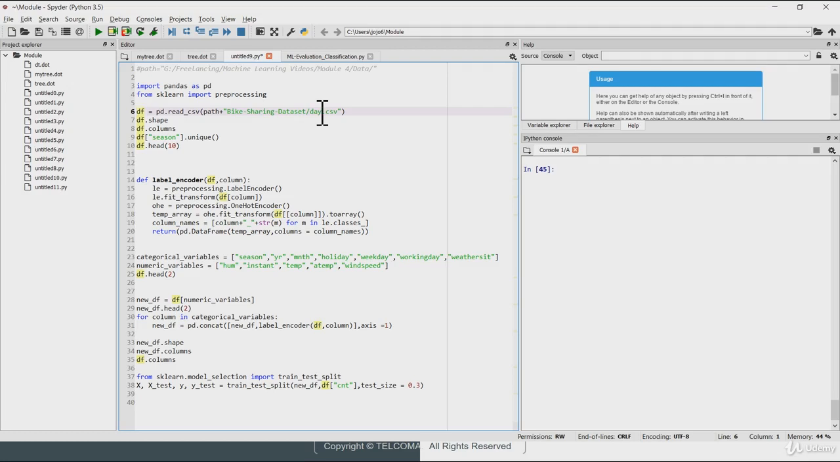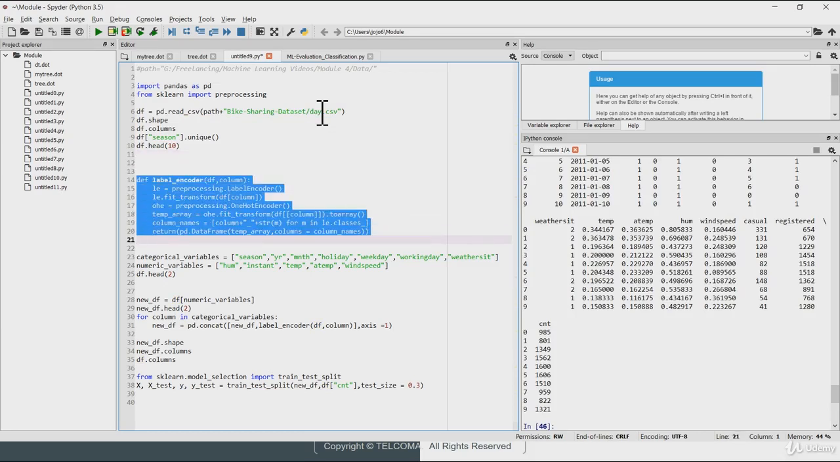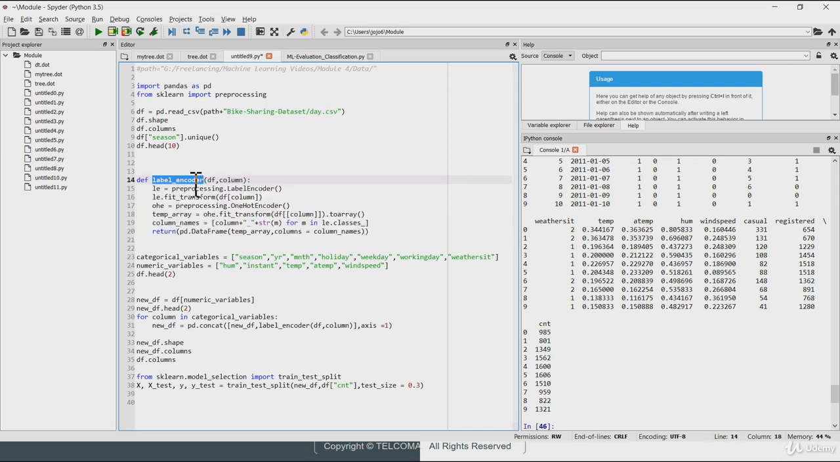I'll just give you a quick overview. Importing the dataset is something which you've already seen, so I'm just ignoring that for the time being. I've created a function, which you can look at the moment. I've created a function called label encoder where you can pass a data frame and a particular column, and it will return to you a data frame with the one hot encoded version of